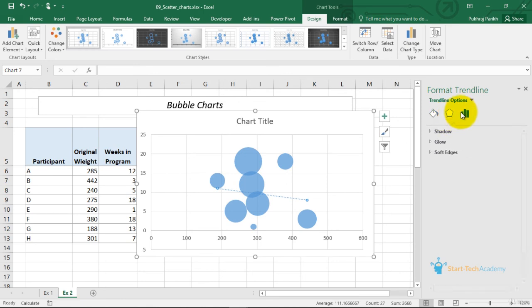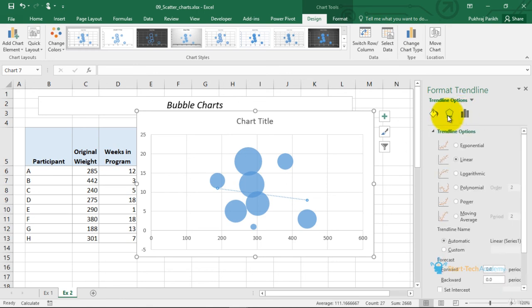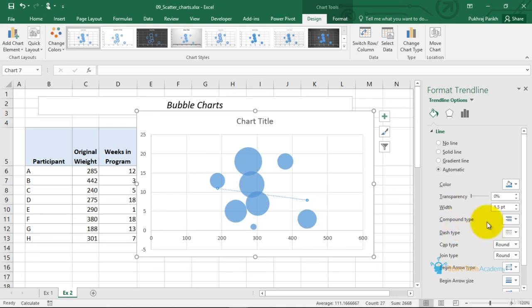Once you have created the trend line, you can format the trend line also. You can change its color, width, etc. So scatter plots and bubble charts are basically used to identify a relationship between 2 or 3 variables, and this is how we create them.